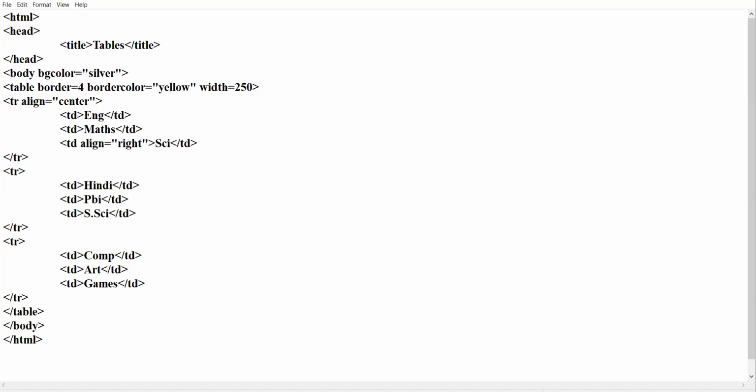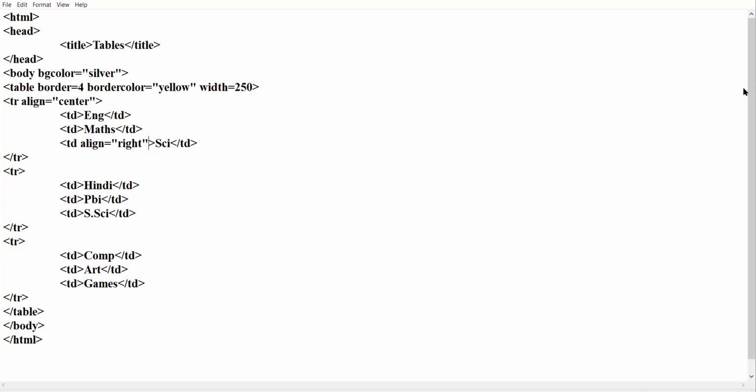The align attribute inside the table, inside the tr, inside the td cell has three values: left, right, and center. Am I clear?